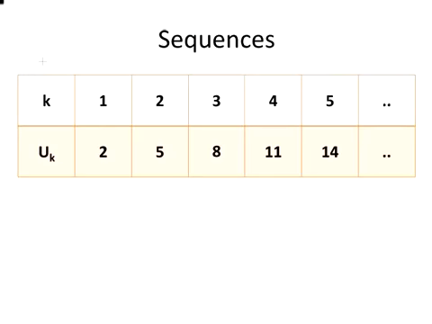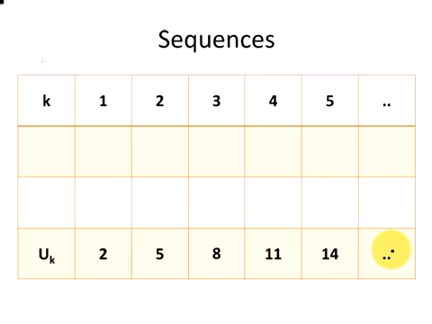So what I'm going to do is set up my set of numbers here in the table, and what we're going to do is examine them. So I have k as the first number, second number, third number, and so on. And those are u of k, so the first number there is 2, second number there is 5, third number there is 8, and so on. So first off, I'm going to set it up like a little table like that. But what I'm going to do is try and figure out how to come up with a proper expression. So I'm going to make a bit of room here,